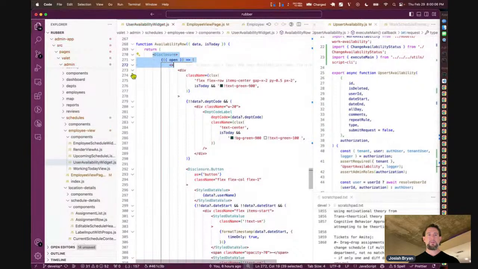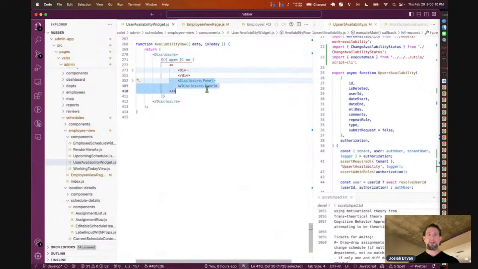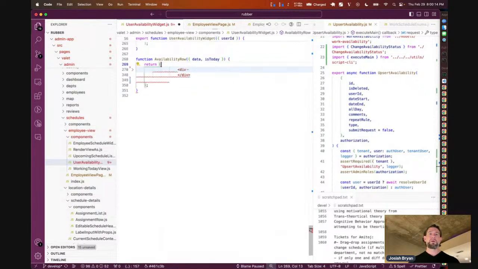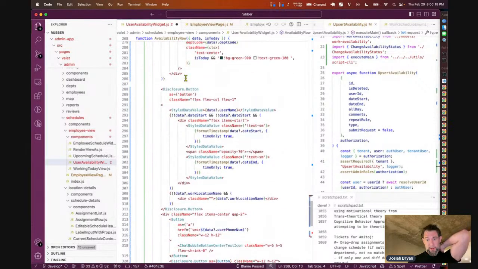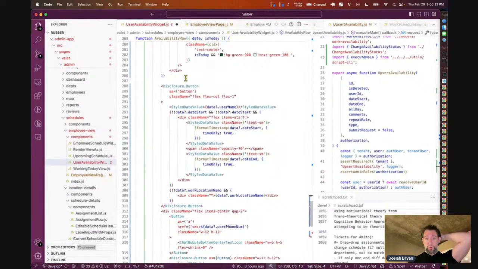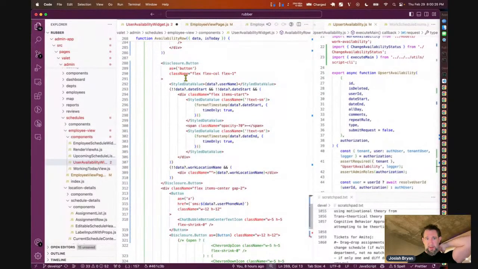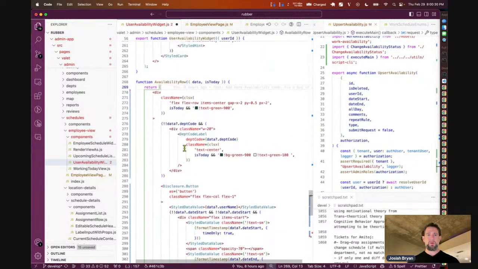Let's see, that first div, what is that? Okay, that is the disclosure panel. We don't need a panel. We don't need any of that outer div. Great, all right. The button, all well and good. And we actually will use a button. That's the disclosure button at the end, right? The UI won't like us if we don't render like that. So that's